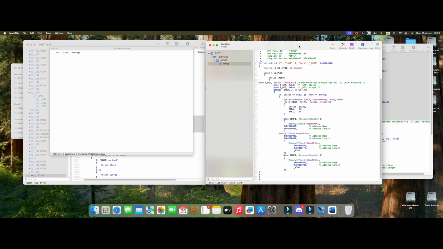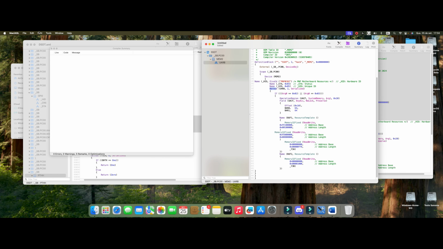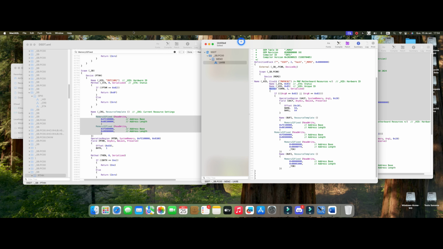I don't know why it's not there to download for everyone, right? I think it's something very specific to be doing. So that's why I'm here showing you that it can still be done from your DSDT. Okay, that's pretty cool too. Now we're going to save it here, okay?